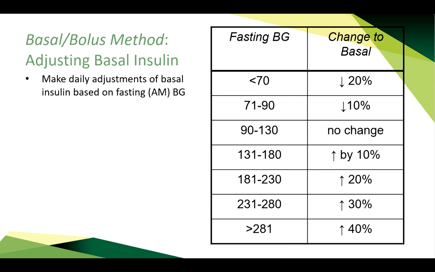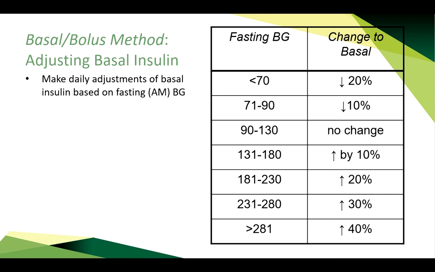All right, so adjusting the basal insulin. You can use this when the patient is in the hospital and you're needing to make daily adjustments to the basal insulin based on the fasting blood sugars. You can look to the far left in the columns and see the fasting blood sugar listed there, and then the change that you would make to the basal insulin. Let's take a number, for instance. If we have 150 blood sugar, that was the average blood sugar that we had for fastings, and we had a patient who was on